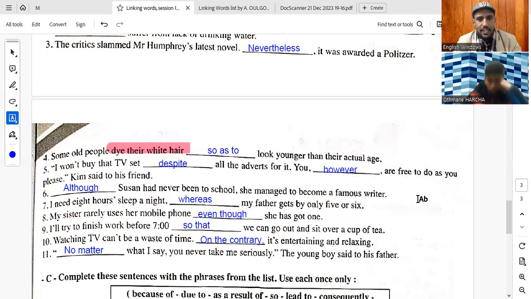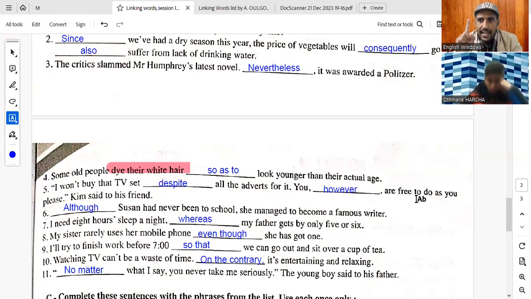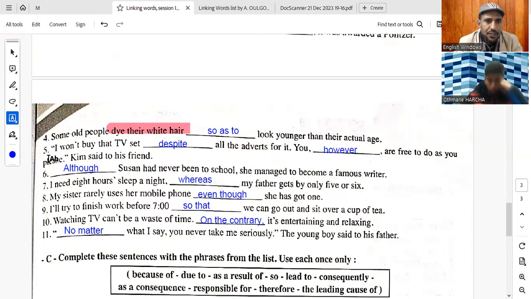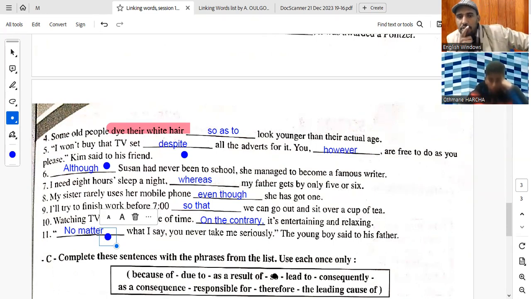Okay, so I think we've come to the end of the class, but again I will give you some linking words to choose, and then you are going to use them in a sentence, right? Again, let's use this part here: although, and then no matter. Each time we are going to come up with examples so that we can practice and use these words more. Okay, so use this part in a statement, Othmane. Think about a certain statement and use this part correctly.